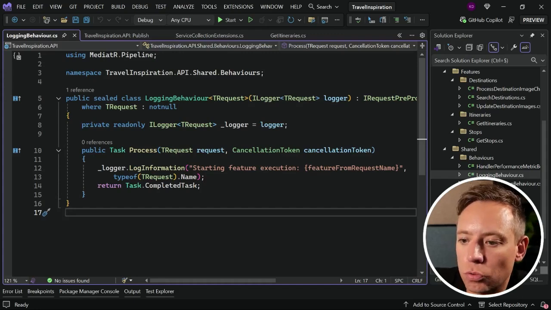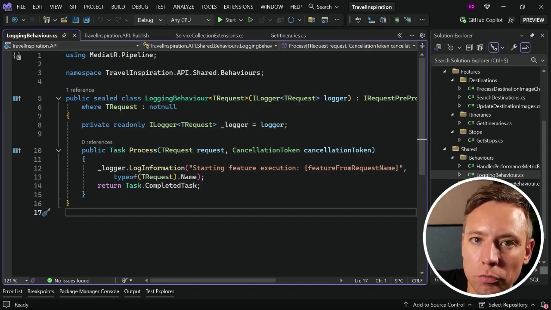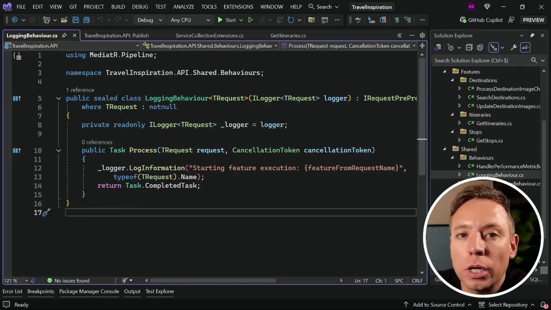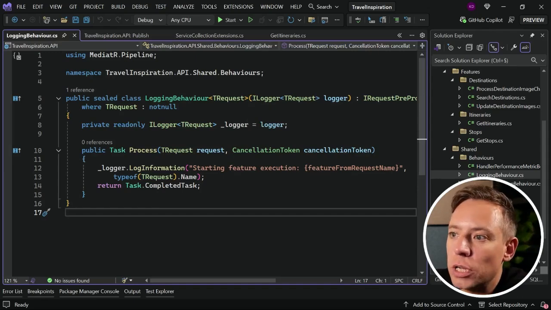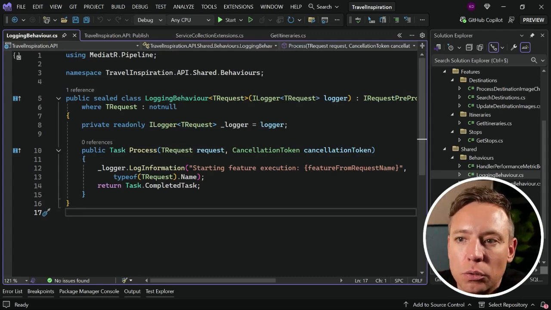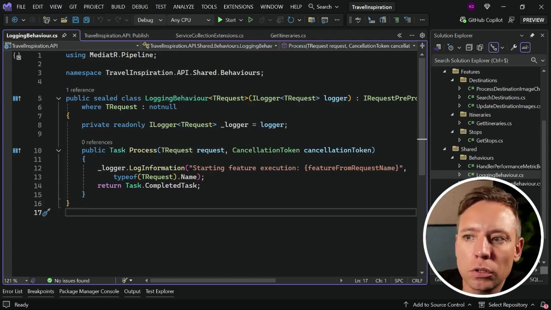Code-wise, this should look very familiar. I'm essentially just inserting a logger and using that logger to log something of level information. This is the default way of logging inside of an ASP.NET Core application. I also didn't change anything to the default ASP.NET Core loggers, so by default the console and the debug logger